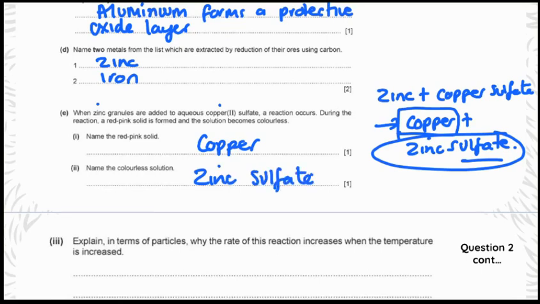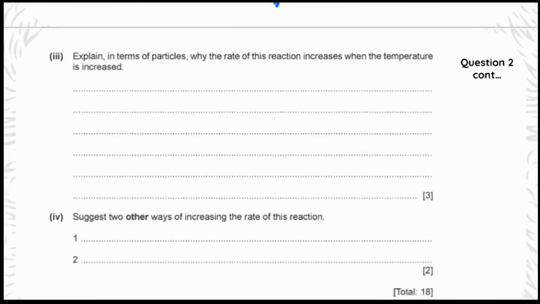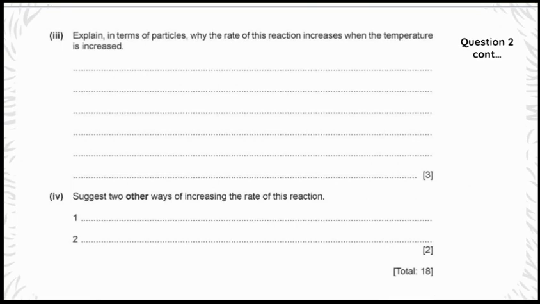There you go. Explain in terms of particles why the rate of this reaction increases when the temperature is increased. And you'll see that it's 3 marks. So that means you need to have 3 bullet points at the very minimum. So in this case, when we're talking about rate of reaction and temperature, the first mark is going to say something along the lines of